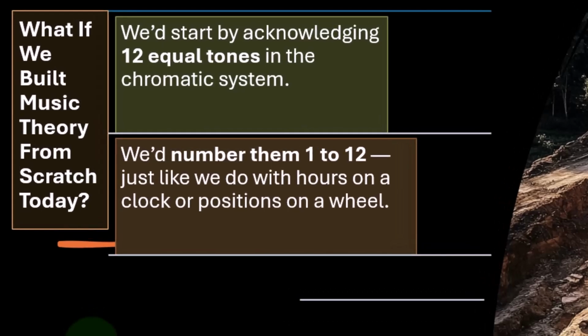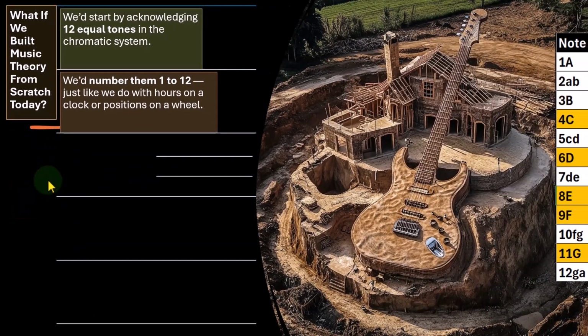It's just like numbering, just normal numbers. You don't want to create a false idea that seven's the best number. Well, that's numerology. You might as well be doing tarot cards or something. It's not exact. There's nothing fundamentally better about the number. So we'd number them 1 through 12.